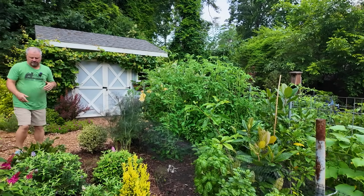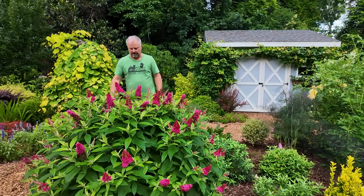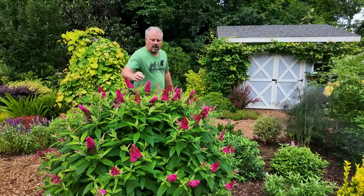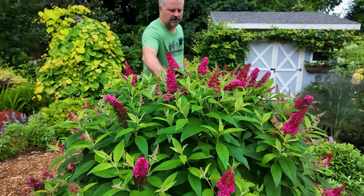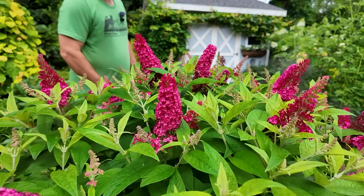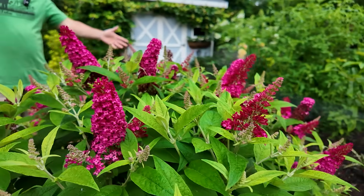The butterfly bushes, again, have kicked in because, you know, now it's 90 degrees outside and that's their sweet spot. This Butterfly Candy, Lil Raspberry is what this one's called. Such a unique plant. You can see it's vigorous in comparison to the other